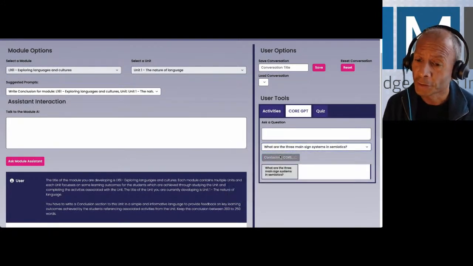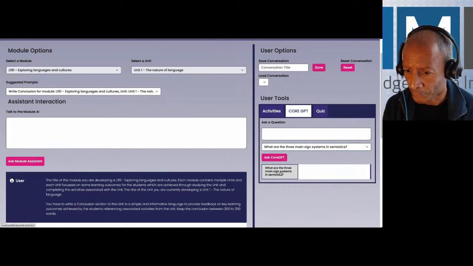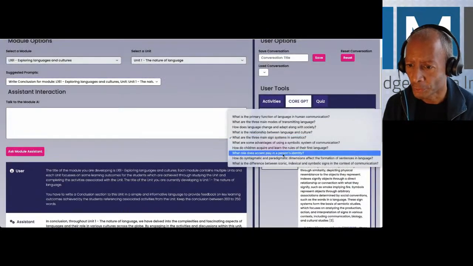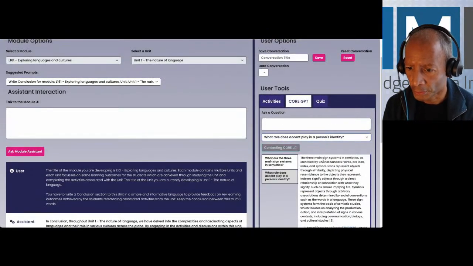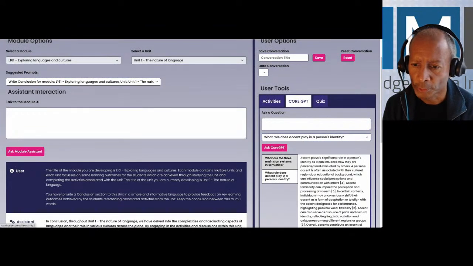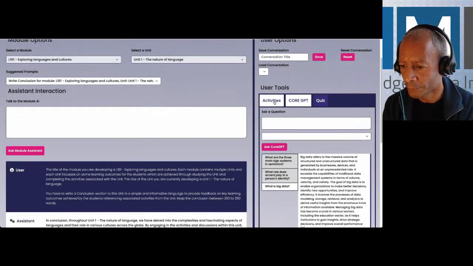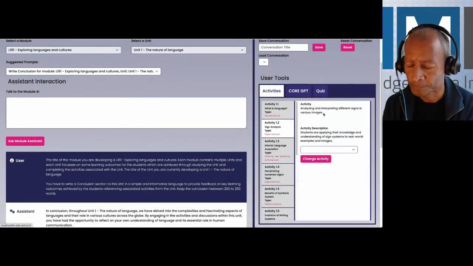So this acts as a state-of-the-art button. So imagine we want to refresh a course. We want to say, what's the state of the art in whatever area? I've asked about the semiotics here, which is related to the languages course. I'm asking about accent, and then you get a summary and then the 5 top related papers here.